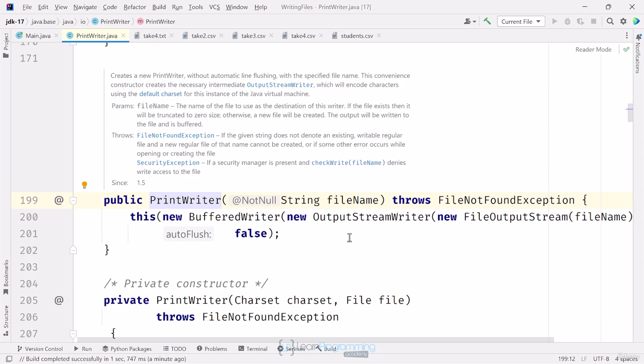You might be wondering why this printWriter constructor has set its auto-flush argument to false. The default mode for a printWriter is to flush the buffer on every call to a print or format method. Doing this would sort of defeat the advantages of using a buffered writer, so this constructor turns auto-flush off. The buffered writer in this case will control when the buffer is flushed,